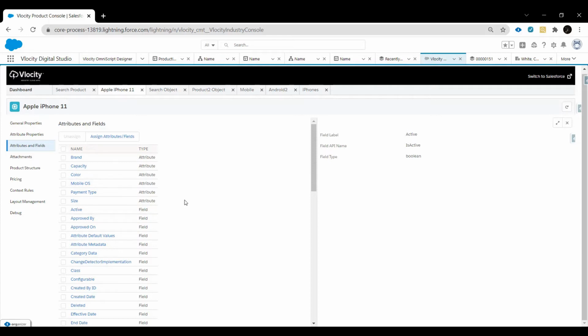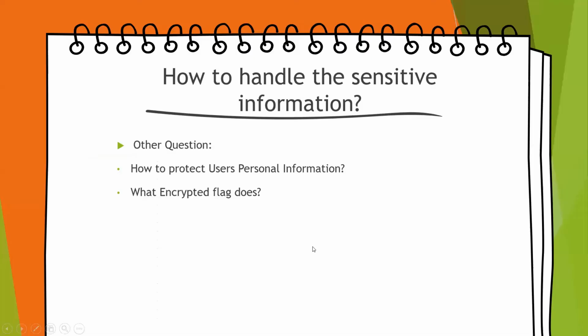One more thing I want to highlight here: since you have encrypted this information at the Salesforce level, if your third-party APIs are also accessing this information, you should inform the team that handles those API requests to encrypt this information as well. In our Salesforce environment, we have encrypted it, but since we are exposing this information to other party systems, it's their responsibility to handle this and encrypt these fields. In general, when we work on projects, we highlight that this is encrypted information and to use encryption on that platform as well. All right, let's check the other question.